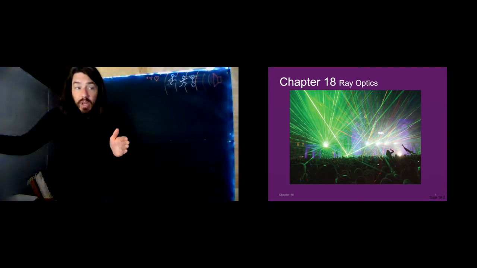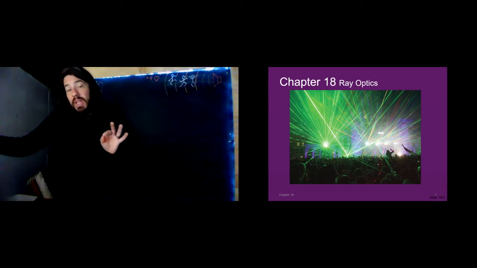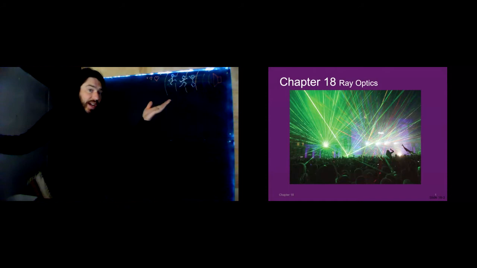Hello. Today we're going to move on with Chapter 18. And Chapter 18 is all about the ray model of light. So the ray model of light just assumes that light travels in straight lines. And here we see